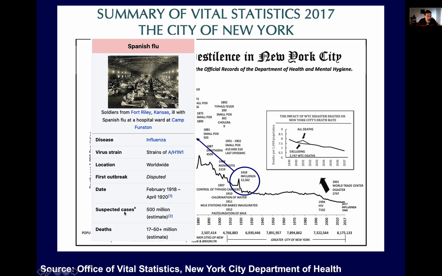It was estimated to have infected about 500 million people worldwide at that time and caused between 17 and 50 million deaths around the world. And more recent studies are pushing these estimates closer to 50 million than to 17 million. So just to put things in perspective about the potential for pandemics and their impact around the world,